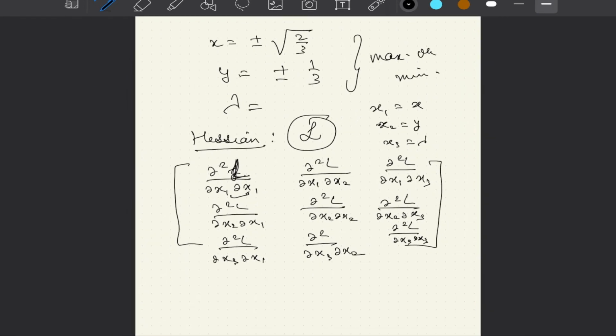And now you know the Lagrangian, you keep on taking its double derivative with respect to x1, then double derivative of L with respect to x2 followed by x1 and so on. And once you construct this Hessian matrix, you can calculate its eigenvalues. And if all eigenvalues are greater than 0, we say that this point should correspond to minima. If all eigenvalues are less than 0, that point at which you have calculated this Hessian matrix should correspond to maxima. And if certain eigenvalues are positive, certain eigenvalues are negative, we cannot say whether this is maxima or minima.